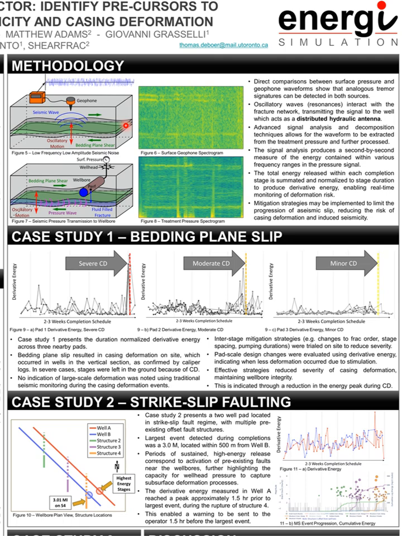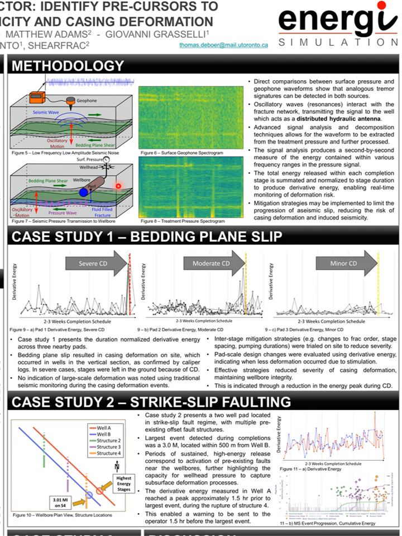In contrast to a geophone, if we look here at the bottom side, you can see we have a wellbore, which is connected either directly to a deforming plane, or those seismic waves are able to transmit and interact with fluid-filled fractures. Those seismic waves may then be propagated through the fluid as pressure waves, and those pressure waves may transmit up the wellbore towards the surface, where they can be measured by our surface pressure gauge at the